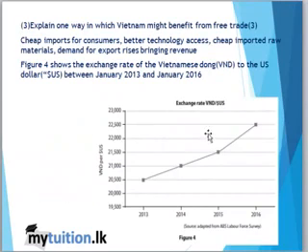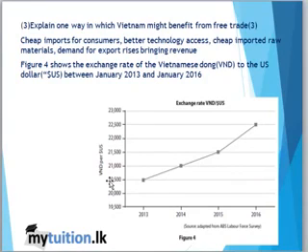Oh wait, did we misinterpret it? This says Vietnamese dong per US dollar. Okay, so it's against the US dollar. I misunderstood. I'm sorry. I'll re-explain it. What has happened is the Vietnamese dong, earlier to get the US dollars, you had to pay 2,500. Now to get that same amount of US dollars, you have to pay 22,500.